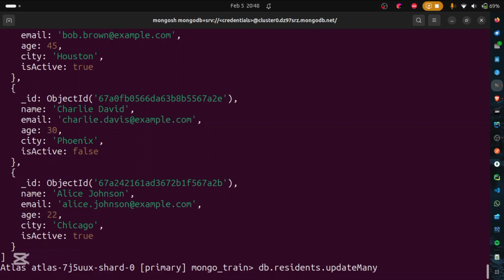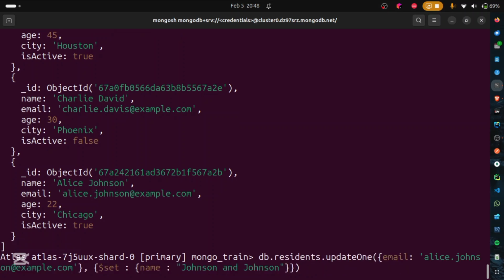db.residence.updateMany. In fact, there's no need of typing this. I can just press the up arrow to give us the previous command. But now, instead of having updateOne, I want us to update many. Remove one, replace with many. Now, what do we expect? We expect that this one will update the two documents where the email is